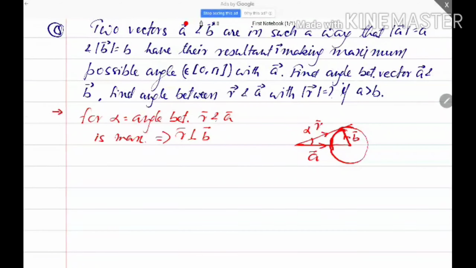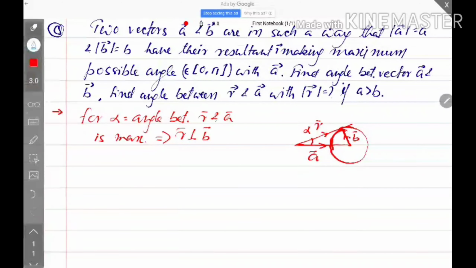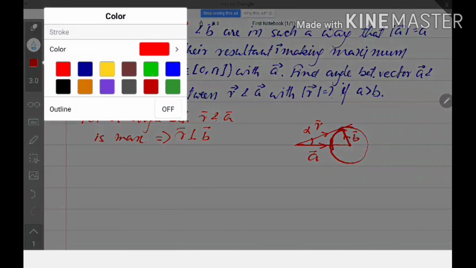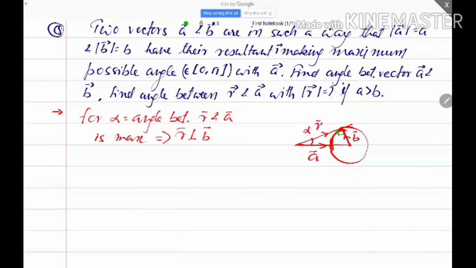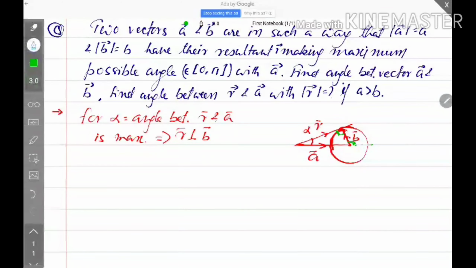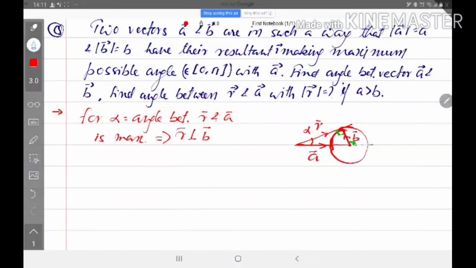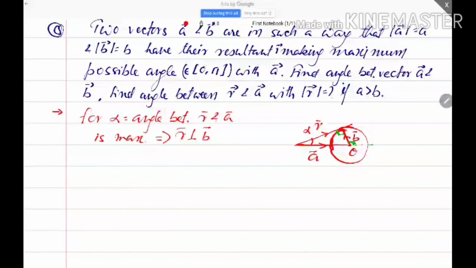Here we now have a right angle triangle. We can check it out. Now this is a right angle triangle. Here we can understand the maximum possible value of alpha, the condition is like that one, and this angle is the angle between the vectors. What is this angle? This angle is theta itself. Now let us proceed to find everything.